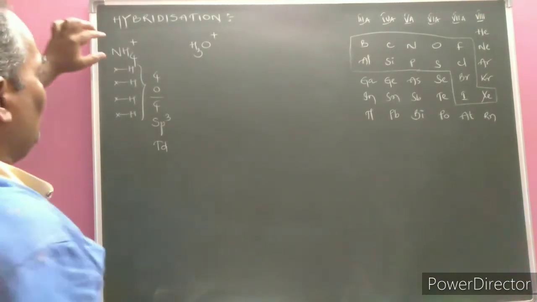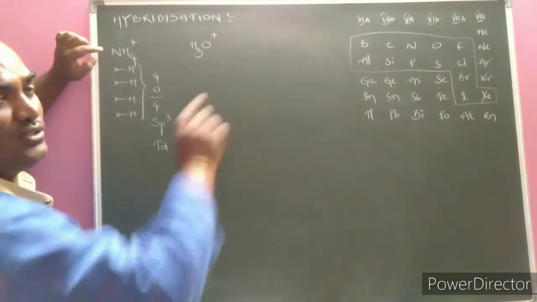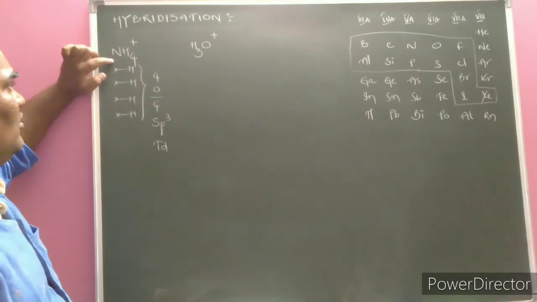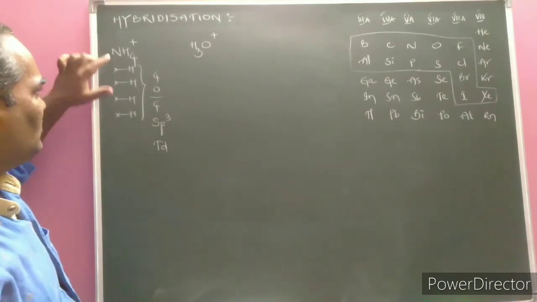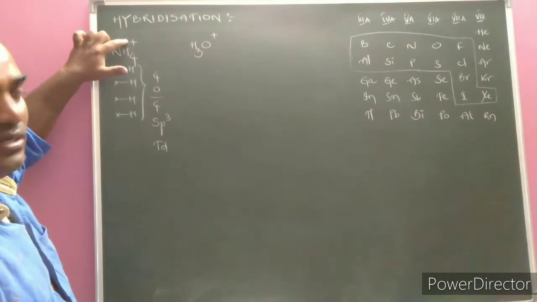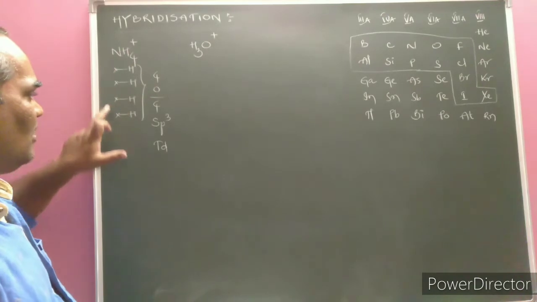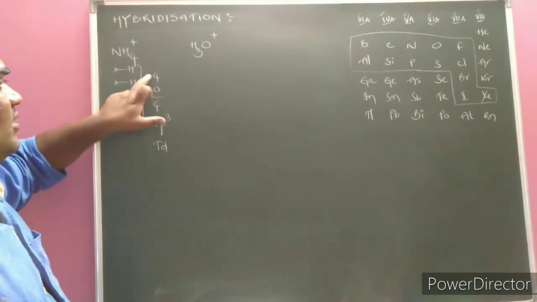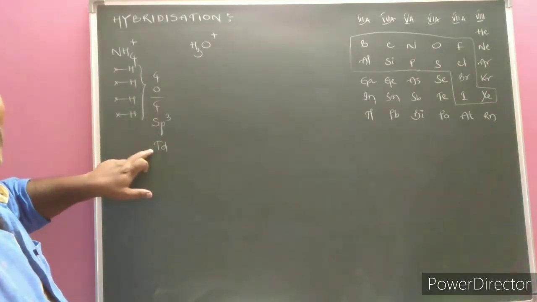Here, in the ammonium ion, the central atom is a nitrogen atom. It belongs to the nitrogen family, group number 15, also called the 5A group element. But instead of keeping the 5 dots, due to the presence of this positive charge, positive means a loss of an electron. One electron is lost, so what is left is 4. The 4 are bonded with the 4 hydrogen atoms, giving sp3 hybridization, and the shape is a tetrahedron.